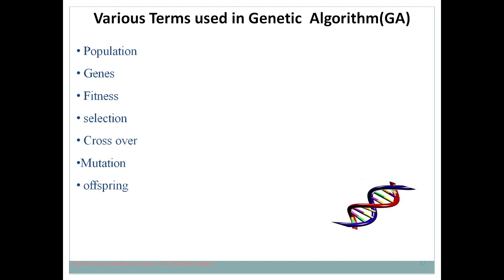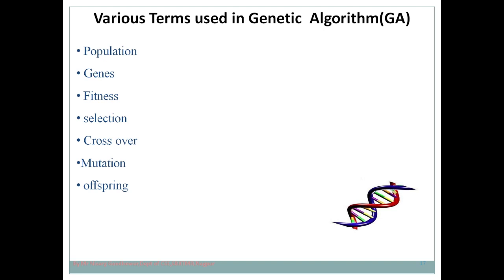Then fitness. Fitness means what? Its value. In case of traveling salesman problem, the cost of every path represents the fitness. Selection means you are going to select the fittest, the optimum solution. Then crossover. Crossover is actually part of reproduction where fusion takes place. In case of mutation, we try to embed new genes into that particular solution so that we get a new solution. And offspring. Offspring means, your parents are there, and from your parents you are generated, so you are considered an offspring. So these are the various terms that we use in case of genetic algorithm.